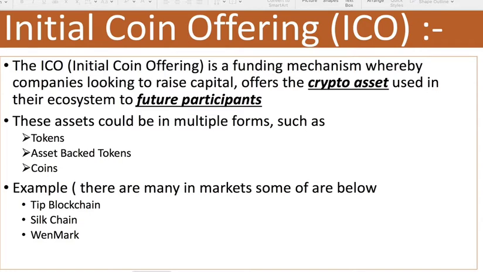Coins are used to fuel a specific blockchain platform. An example could be Ether, which is required to process instructions on the Ethereum blockchain network. Coins can be further broken down into crypto commodities and cryptocurrencies. Now we will create content on this in future videos. Just think of it this way: Ethereum is the platform which uses Ether coin to process instructions on its platform, and a startup can create a new token to fund its project by using the Ethereum blockchain platform.